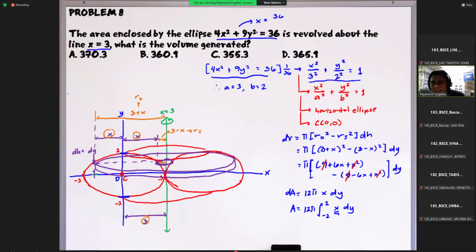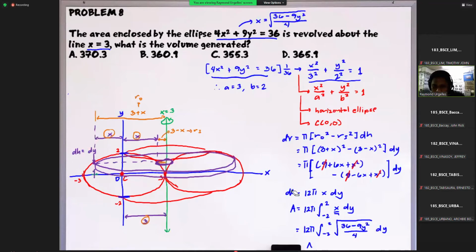Okay? So again, this is 36 minus 9y squared, no? So then this is divided by 4. Okay? Nakabasa din square root. Diba? Okay? So therefore, this will be 12 pi, so then integral from -2 to +2. Okay? So then this will be x. Yung x natin dito is square root of 36 minus 9y squared divided by 4. Okay, so then this will be dy. Diba? Okay? So kaya pwede na natin to actually,